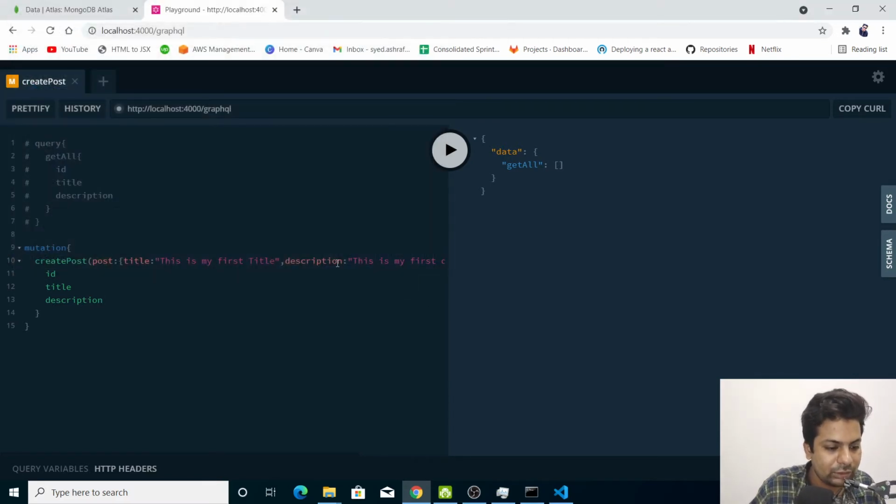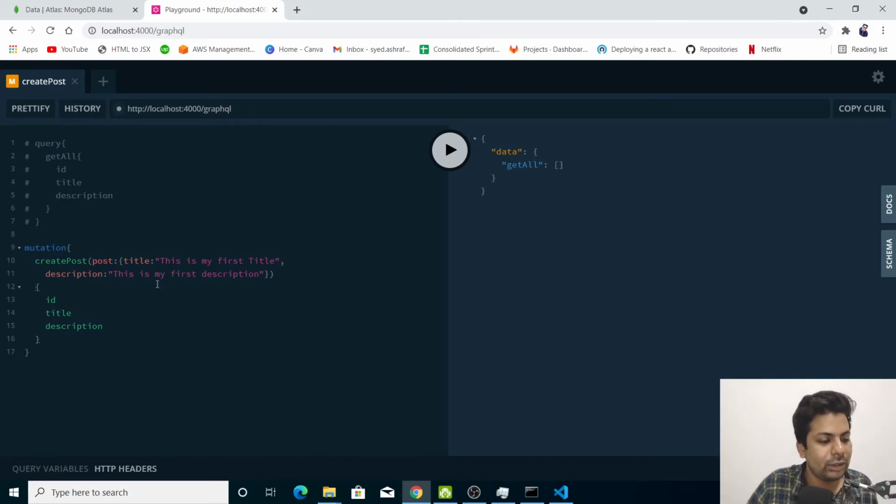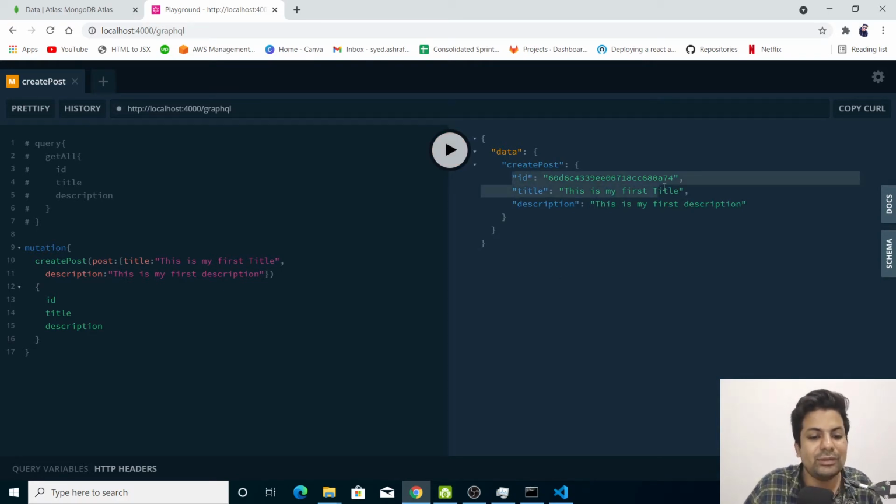Let me just put an enter here. So I'm doing post as a key, then there will be title, description, and in return we'll be getting ID, title, description. Normal. So let's just hit it. See, we got ID also because data got saved.